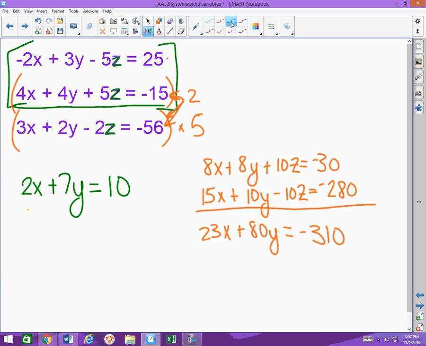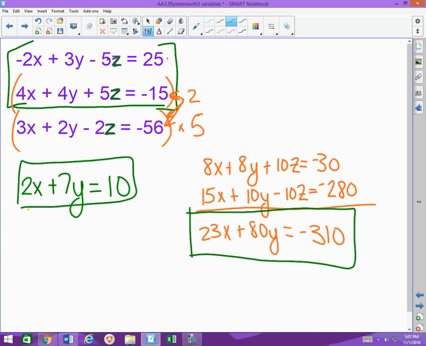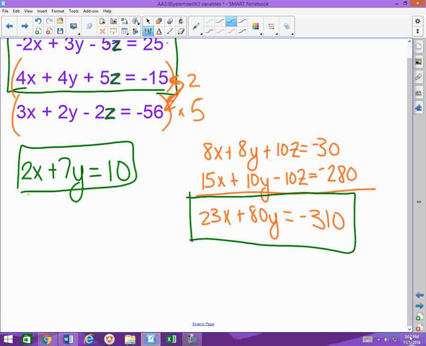So you have this equation and this one. And now we have to try to eliminate another variable. Let's go with the y's. We'd have to multiply this one by 80, this one by a negative 7. So let's see, 160x plus 560y equals 800. And that's going to be a negative